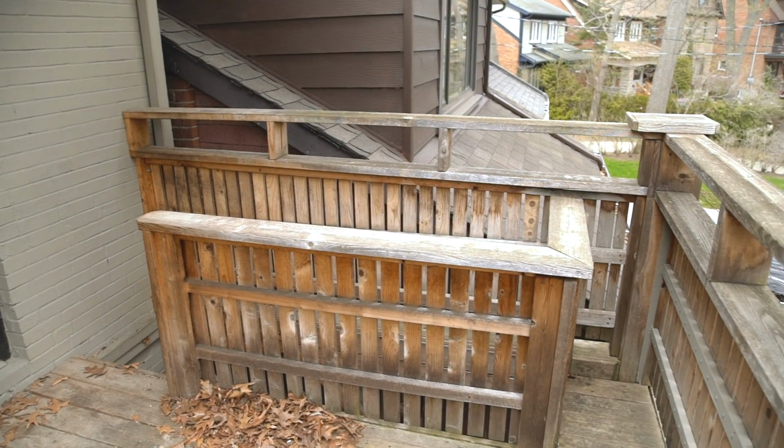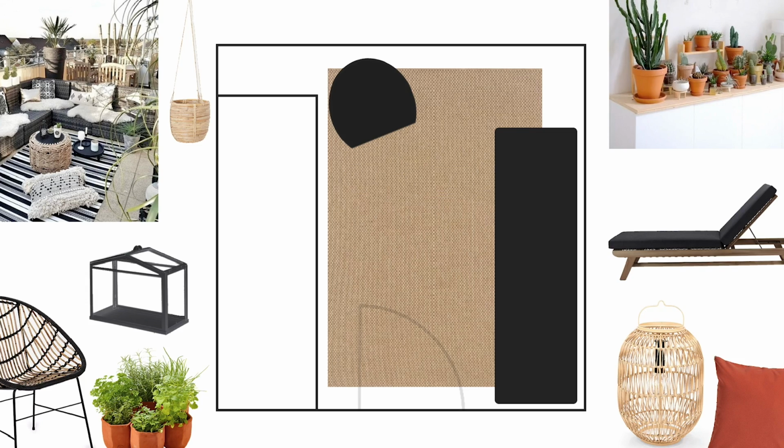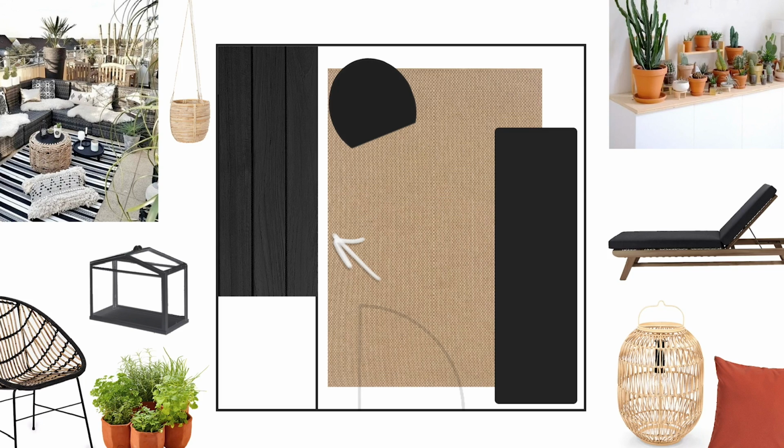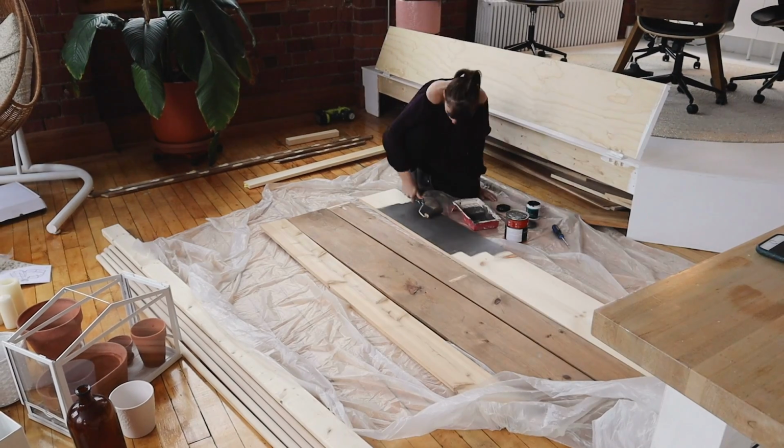Okay, so yesterday I actually started this project for the top of the stairs of my deck. Basically, there's this hole cut out of the side of my deck for the stairs to go, and there's a railing around the stairs, and I just feel like it's a lot of dead space. So my solution is going to be to DIY a tabletop that can go on top of the opening where the stairs are. So I was just using leftover wood from the office, and Claire actually picked me up some